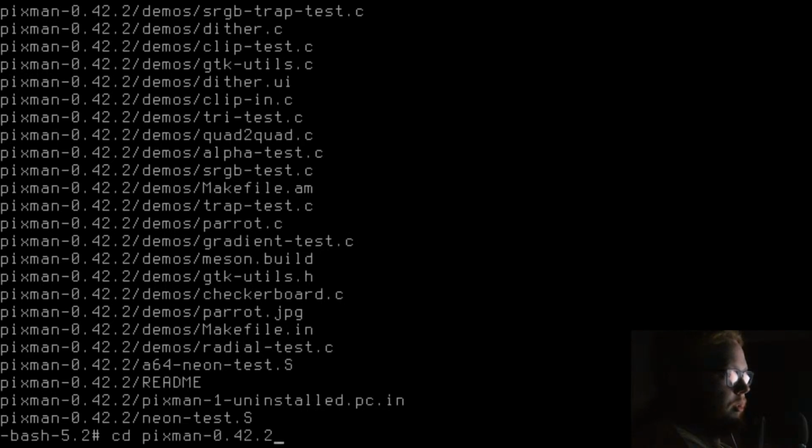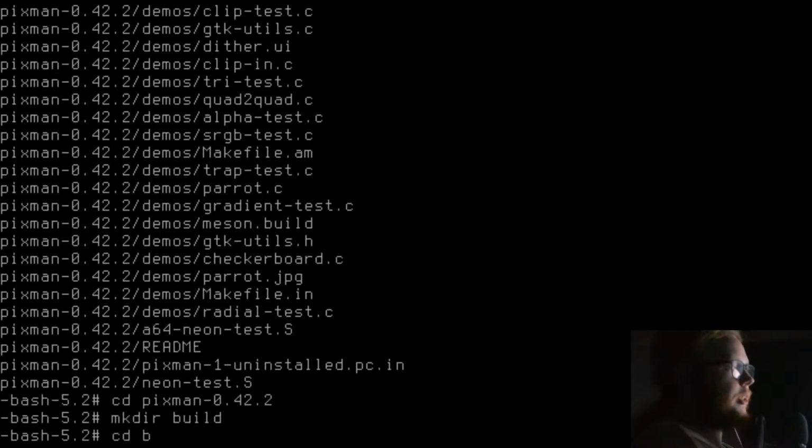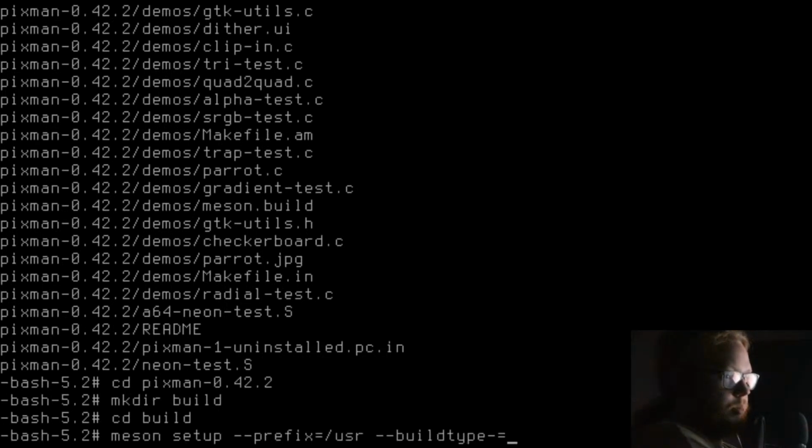cd pixman. mkdir build, cd build. meson setup --prefix=/usr --buildtype=release, and ninja.